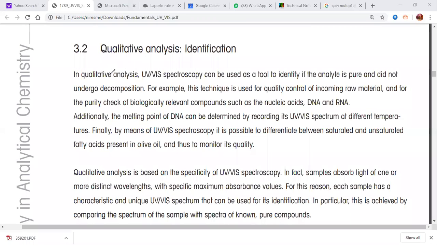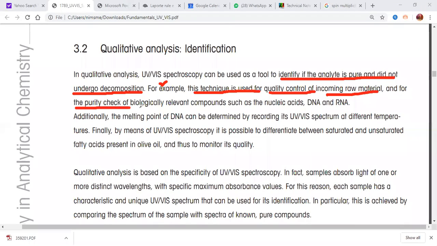Qualitative analysis, or identification. In qualitative analysis, UV visible spectroscopy can be used as a tool to identify if the analyte is pure and did not undergo decomposition. For example, this technique is used for quality control of incoming raw material and for the purity check